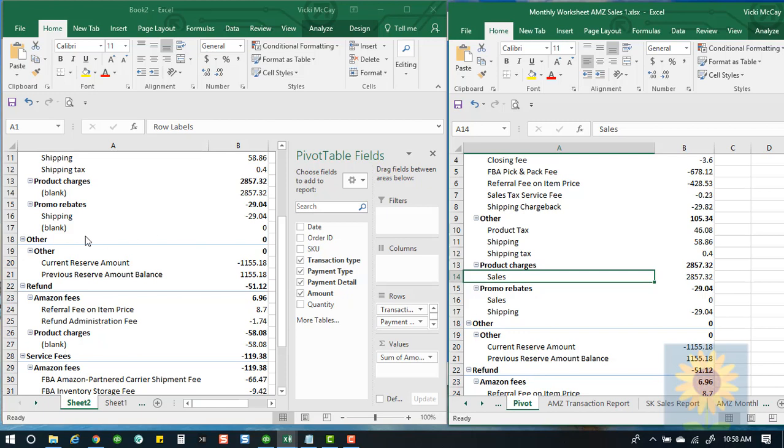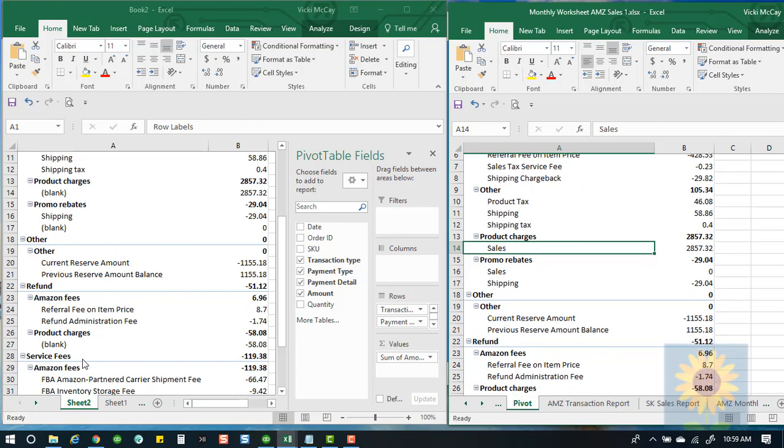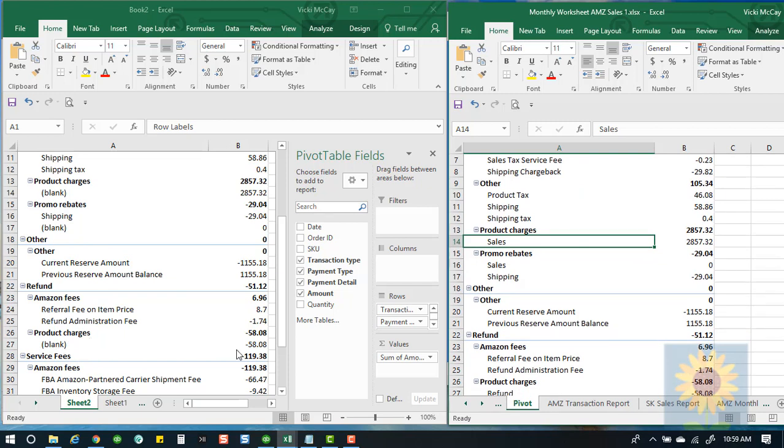And if you're okay with trusting that product charges are sales and promo rebates would be the promo rebates on the sales, and product charges that have a credit in front of them are refunds because they fall under the refund, there's really no need in going in and putting in this sales and refund notation. But if you're a stickler for things and you want it to say that, I'll show you just real quick